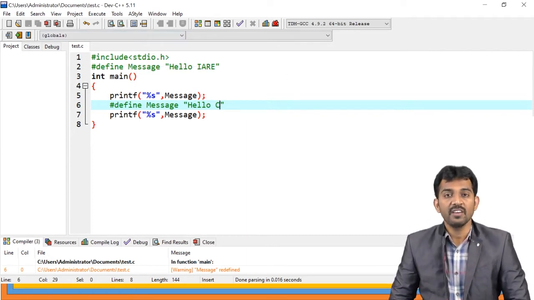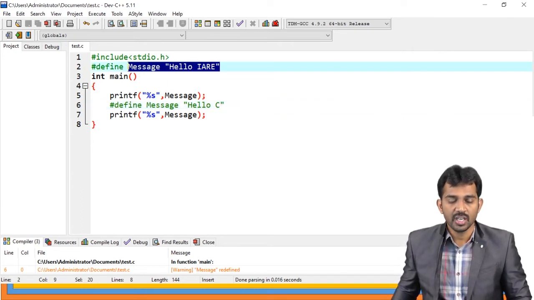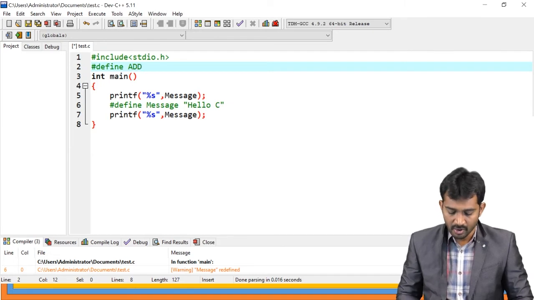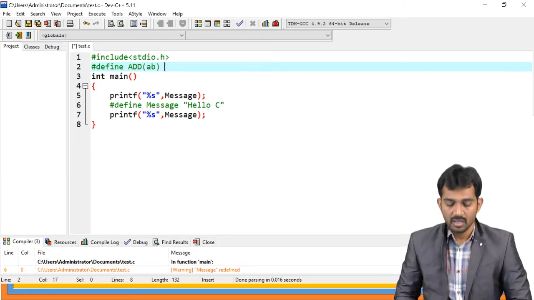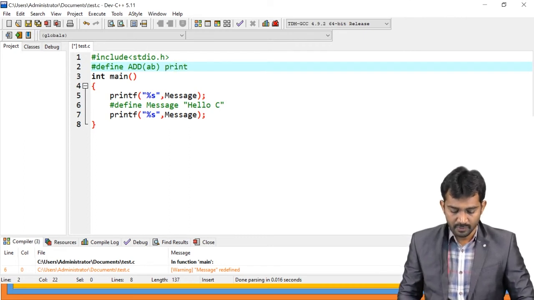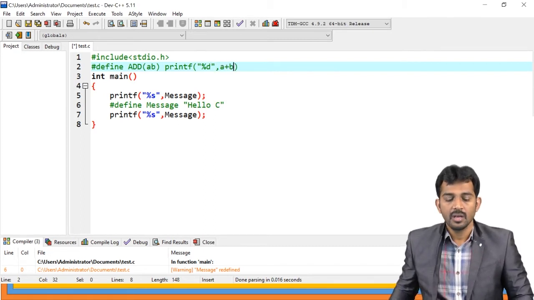For example, if you want to create a function, the function name is add of a comma b. Here printf, observe clearly, percentage d, comma a plus b, right?